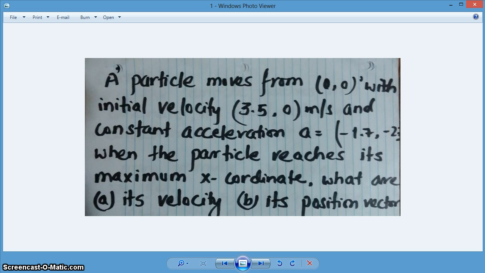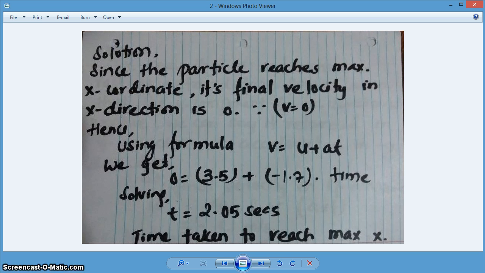So there are two things we need to find: its velocity and its position vector when it reaches maximum x-coordinate. So let's begin the solution. Since the particle reaches maximum x-coordinate, it means its final velocity is going to be 0. So v equals 0. Now we're going to use a simple Newton's formula to calculate the time it took to reach the maximum x-coordinate. Using the formula v equals u plus at, we get v, the final velocity, which is 0, equal to 3.5, the initial velocity u, plus -1.7